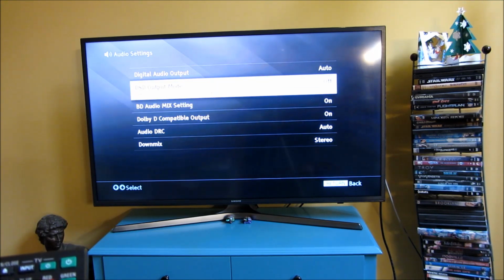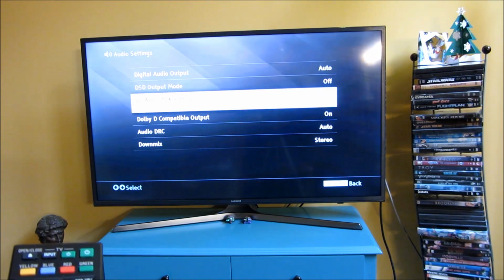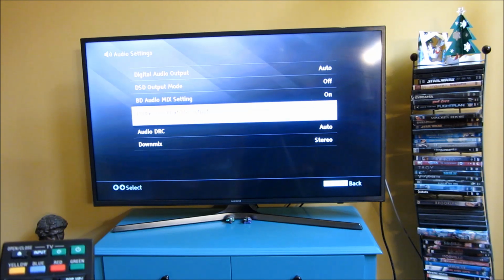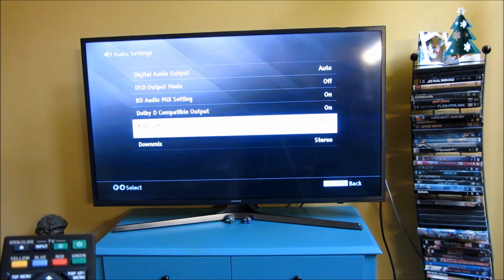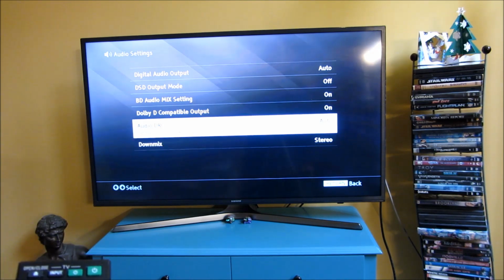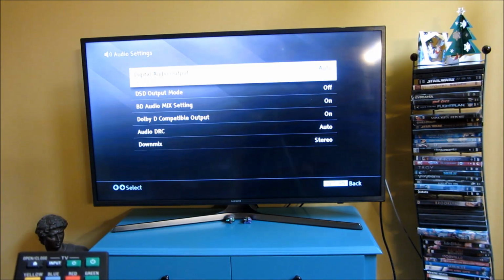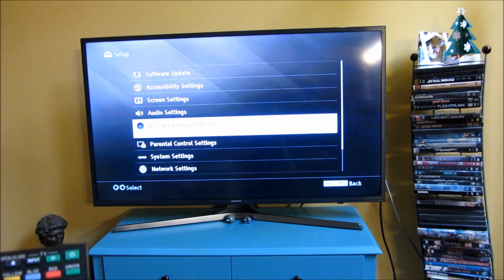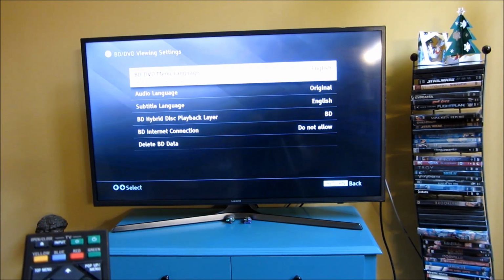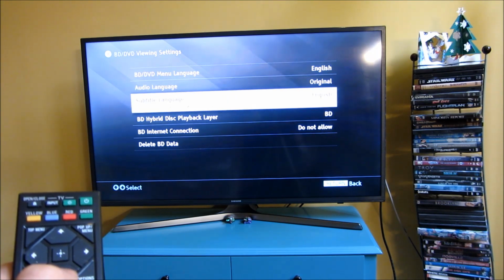So here's the digital output, Blu-ray mix, Dolby Digital audio, I believe this is the kind of encryption, down mix stereo, and here's the viewing properties, the menu options, audio language, subtitles,